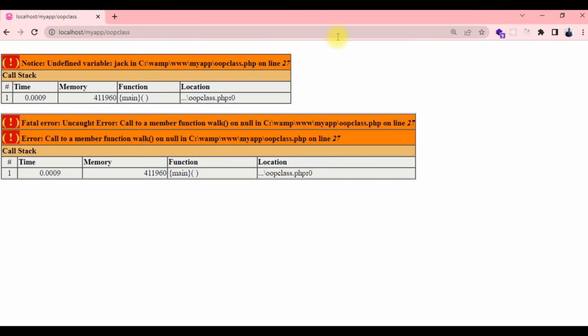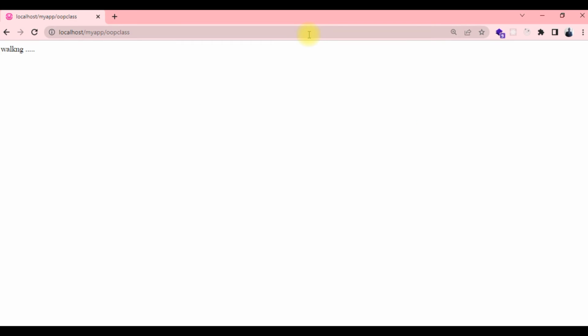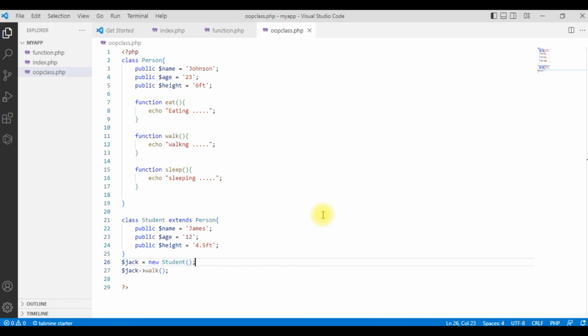Okay, so now let's see what happens. That's it. Jack is working, whereas he doesn't have the work function inside his own context, but he has inherited that from the parent. All right. So now